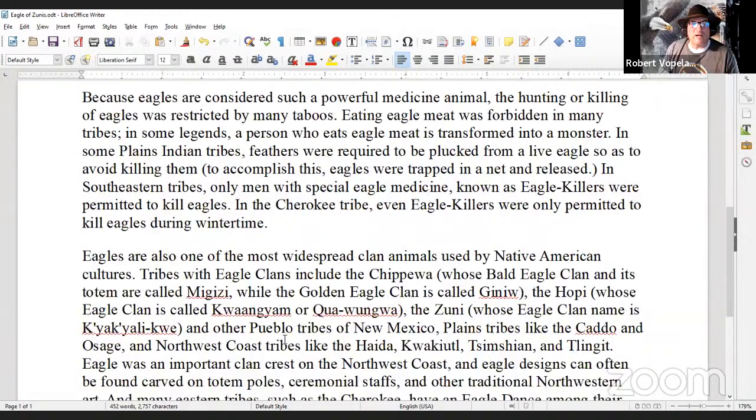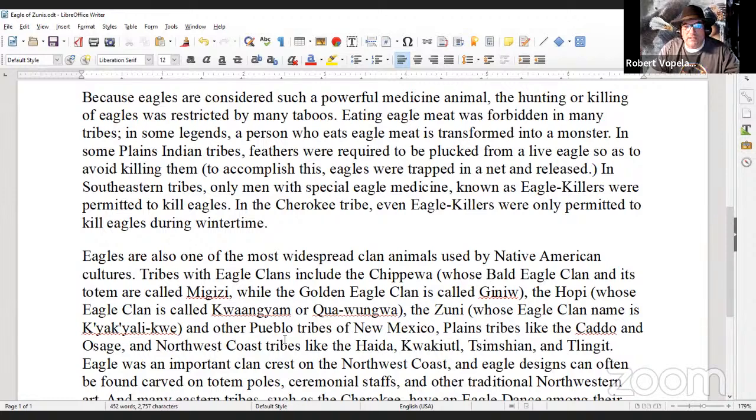Because eagles are considered such powerful medicine, the hunting or killing of eagles is restricted by many taboos. Eating eagle meat was forbidden in many tribes. In some legends, a person who eats eagle meat is transformed into a monster. In some Plains Indian tribes, feathers were required to be plucked from a live eagle so as to avoid killing them.